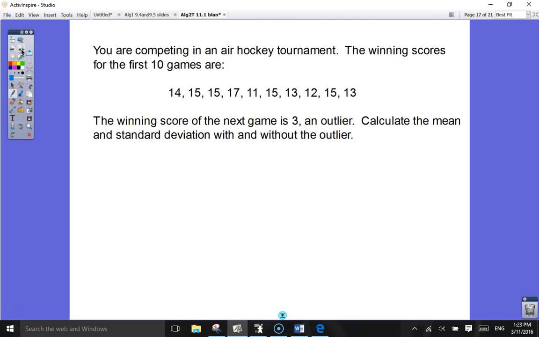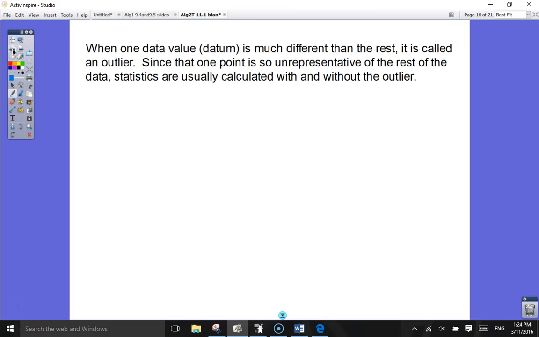So, you're competing in an air hockey tournament. Okay, I didn't read the first thing. I should have read it back. If you have one data value, which you should call a datum actually, which is a lot different than the rest, that's called an outlier. Kind of like when I said, what if you had one waiting time that was 100 minutes and all the rest were packed around 20? That's an outlier. And when there's an outlier, understand, as a statistician, if you are in that kind of a role, this is me talking,